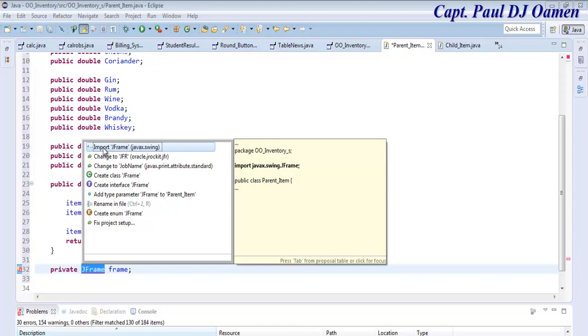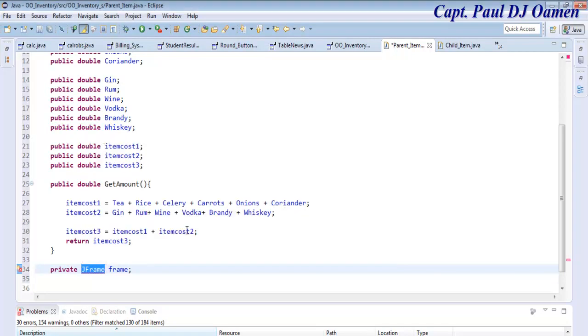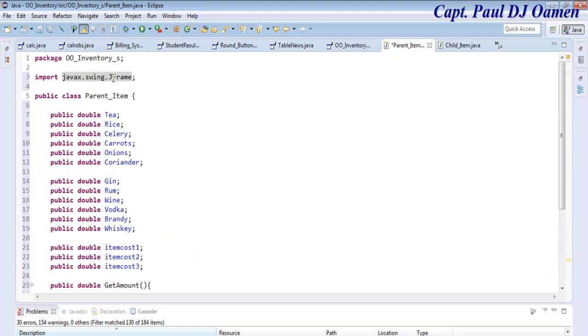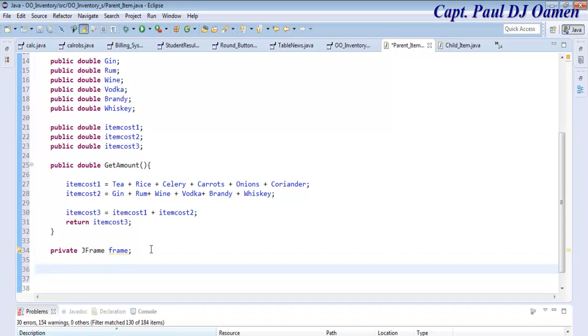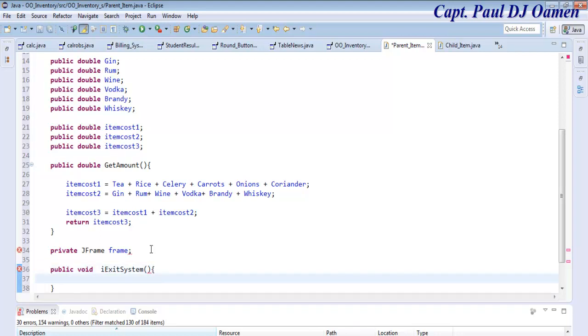It's a Swing library anyway. That is imported. You see that? That is fine now. Now underneath here, let's say public void, it is void because it's not going to return anything. iExit system, enter curly braces,